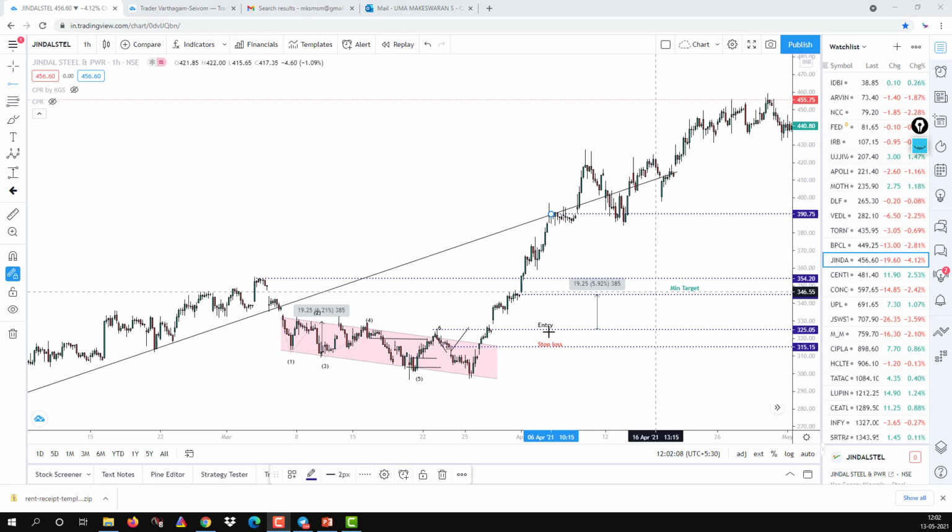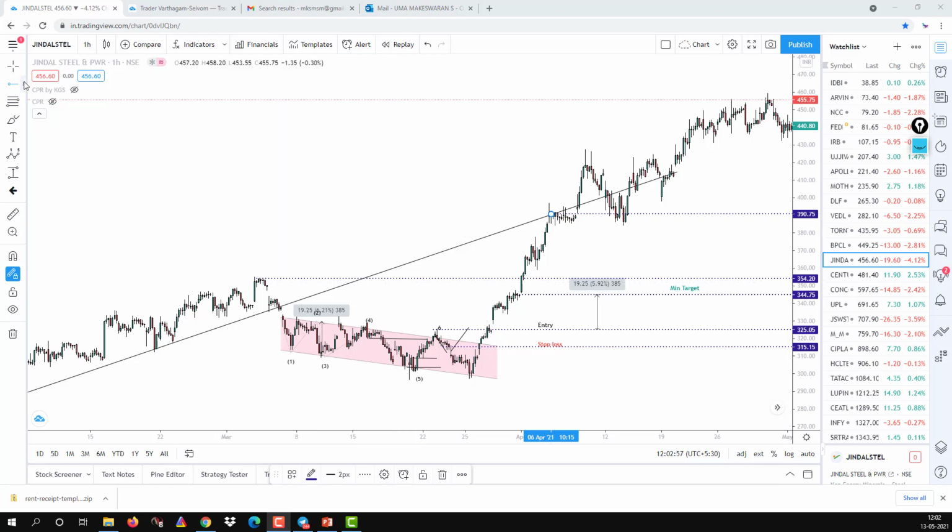See, this is for one example. For the channel pattern, if you think about only the channel pattern, the target will be less. If you combine all the tools we have learned in technical analysis, you will be able to fix the target and analyze the stock. This is one method. I am taking the channel pattern, and the possibilities to set the target we have seen by way of a trend line and the next resistance. Like this you can fix the target.